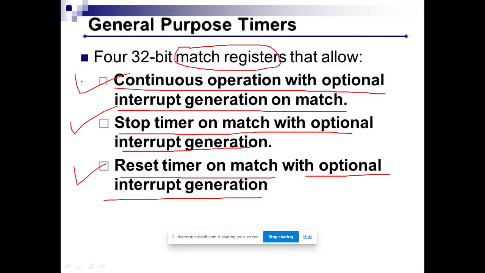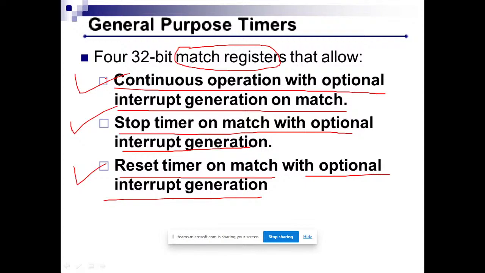And in this other case, what will happen? The timer will continue to increase. Whenever a match occurs at 1000, the interrupt will be generated or the GPIO pin will be toggled, but the timer will still continue to increase. And then it will also overflow after the maximum value, and then it will start again from 0 and increase again. Whenever it increases up to 1000, automatically the interrupt will be generated or the GPIO pin will toggle.